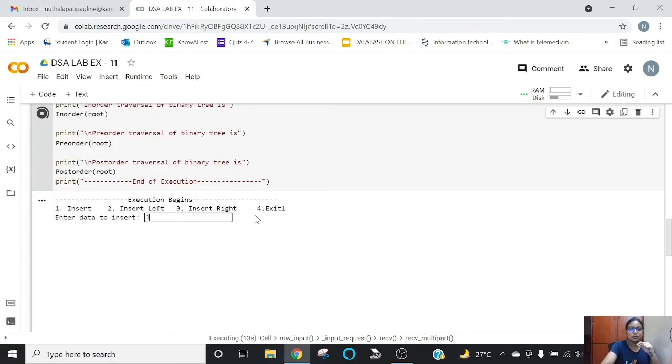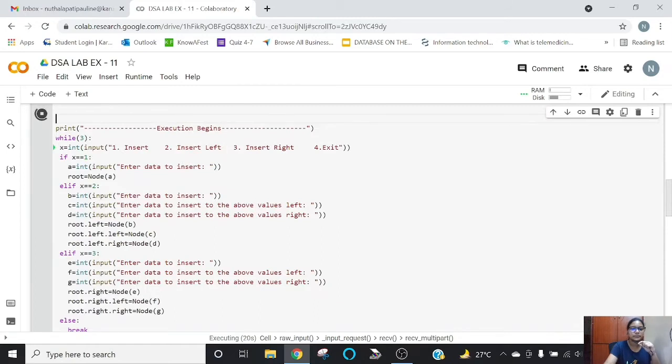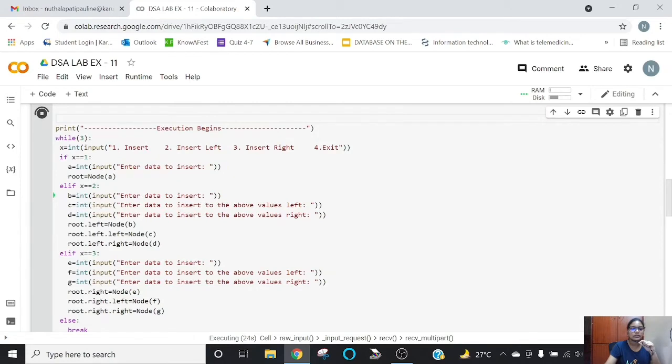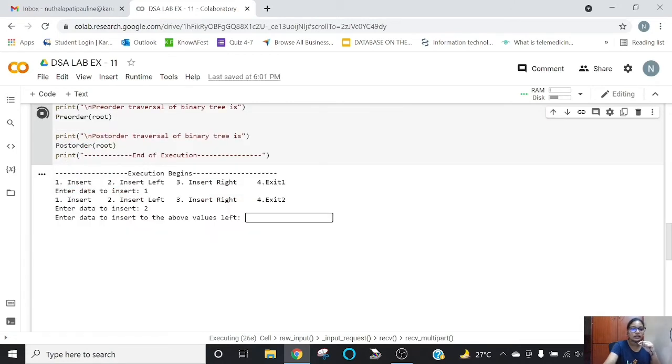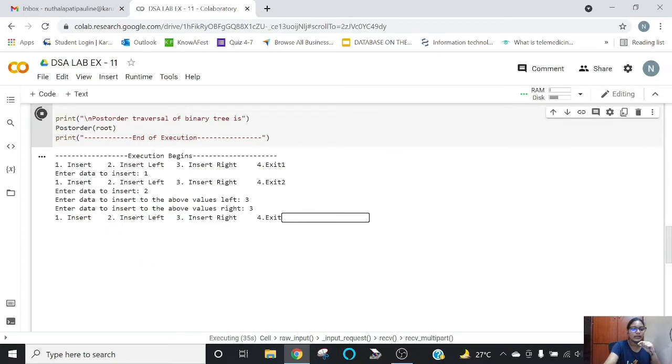Let's give 1, enter. Then let's give insert left, enter. Let's give 2, enter. Let's insert right, and then let's take 3, and again let's insert to the left,